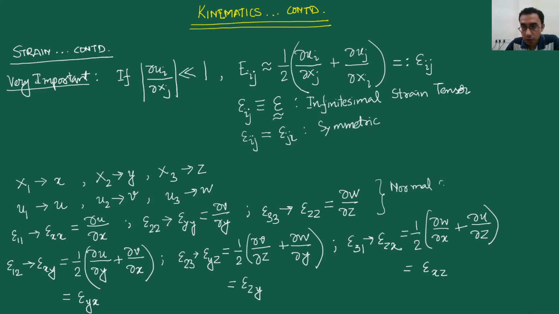Or the normal strain components. Whereas these three, rather these six, because actually you have epsilon xy is equal to epsilon yx, all these six, they are referred to as the shear strain. Now every year I teach this, there is always a little bit of a confusion corresponding to what